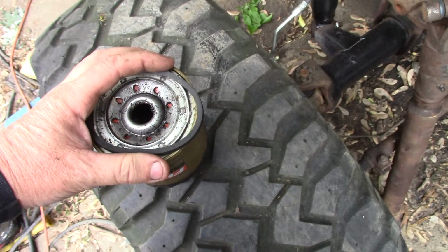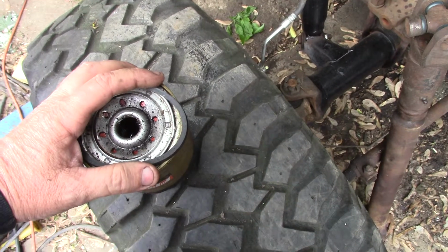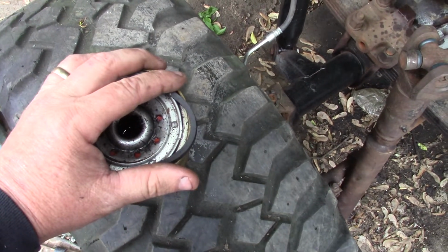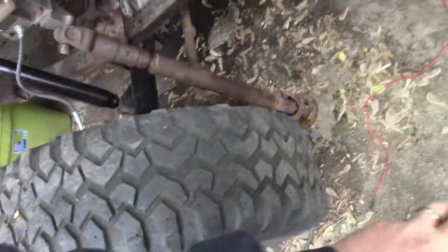So there's some good and some bad to this. The bad is the massive oil leak that we encountered when it was like 0 degrees out when we fired it up. It ended up being the oil filter. It was pinched or something. I don't know how it happened because I had the truck running multiple times, but it was like 0 degrees out and we fired it up, and it was spewing oil everywhere, which you can kind of see all over the ground. It was a mess. But when I took the filter off, it was pushed out to the side. The seal was completely loose in the filter, so I went and picked another one up,